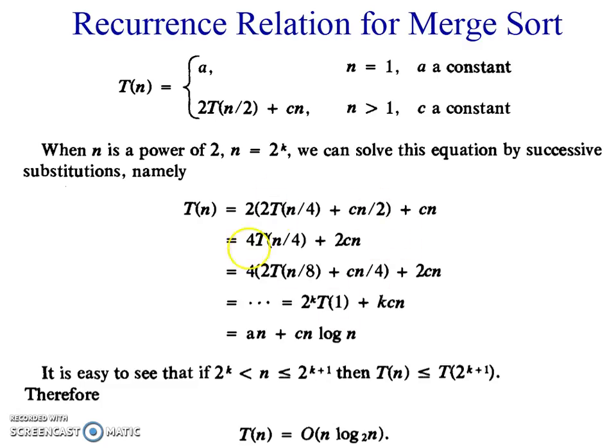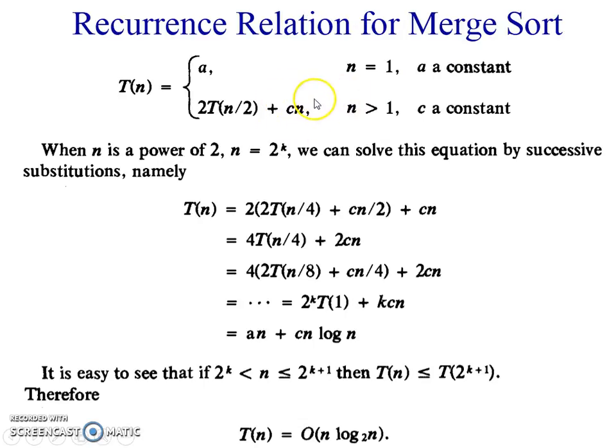Now if I have to write the recurrence relation for merge sort, as you can see, it is some constant when N is equal to 1, because it is only a single element. But otherwise, you remember the general recurrence relation, it is A times T of N by B. Here what is A? A is 2, because I am trying to divide the list into two equal halves. So the time taken T of N is equal to 2 times T of, and what is the size of each list? 2 equal halves. So if N is the size of the list, N by 2 is going to be the size of each of the lists. So it is going to be 2 times T of N by 2 plus, you can see that function f of n in the general recurrence relation.